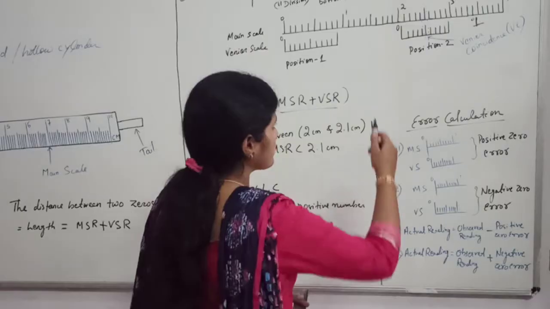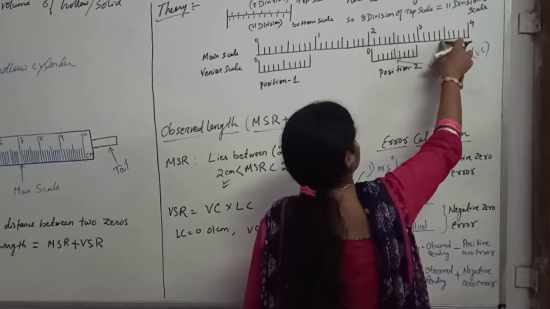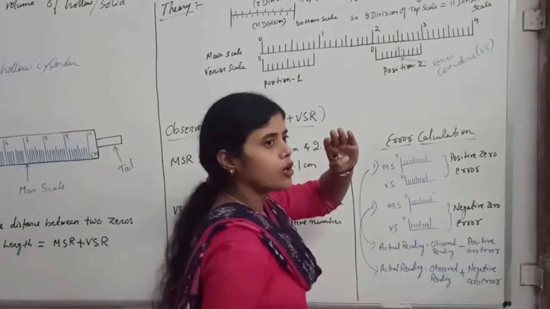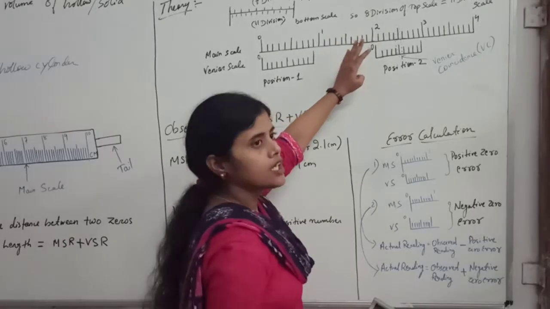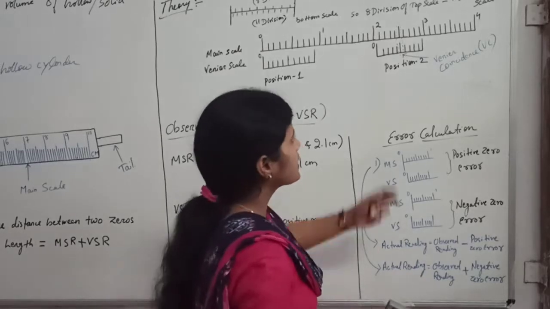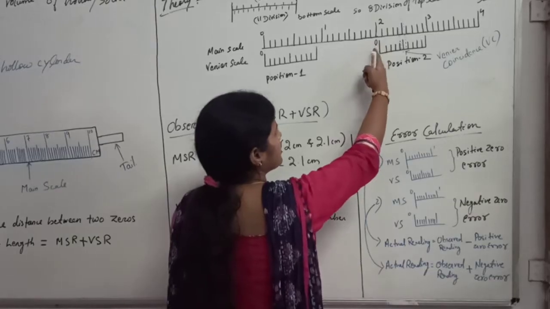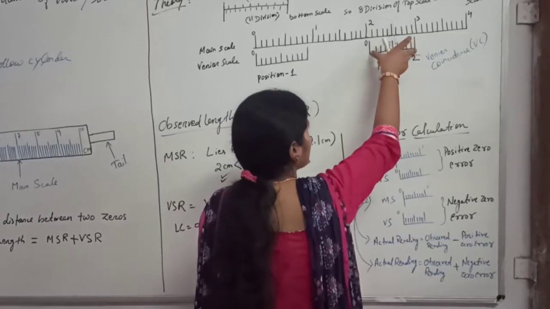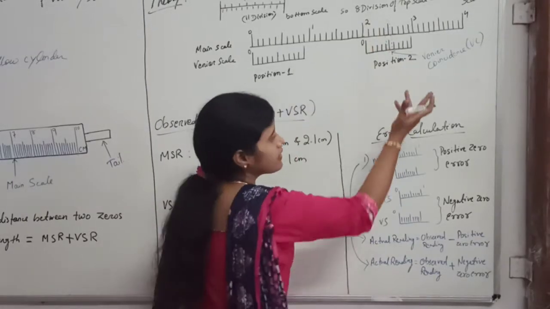So let us focus on that diagram again. How to find the vernier coincidence? Very simple. For vernier coincidence, the complete focus will now go to the vernier scale. In the main scale reading, we are only using the zero line of this vernier scale to find the main scale reading. But in case of vernier coincidence, we will completely focus on the vernier scale, and a little bit of use of the main scale will give us the vernier coincidence.